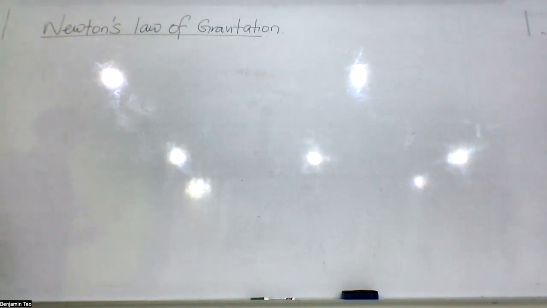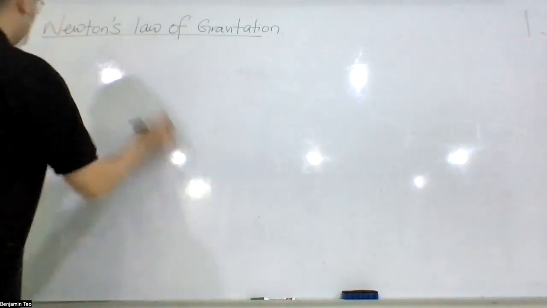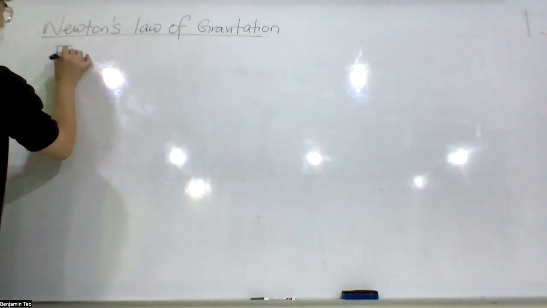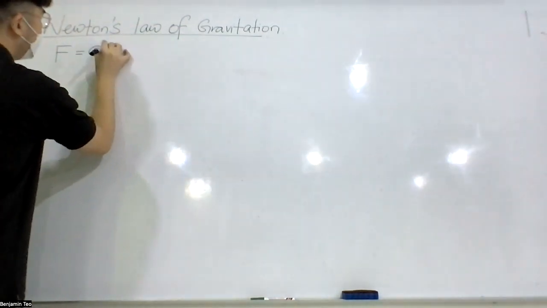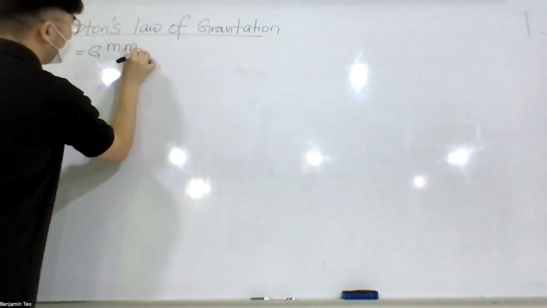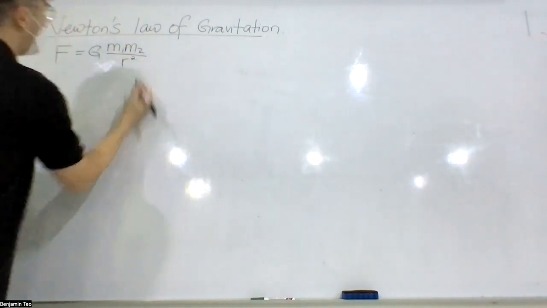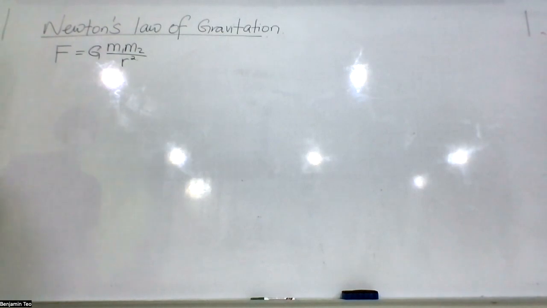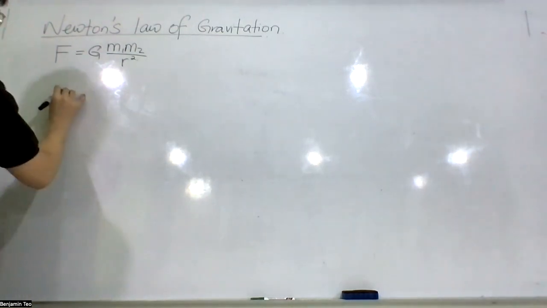Gravitation, basically, let's start straight away with the law. What does it say? Here you have the equation F equals G m1 m2 over r squared. Okay, basically this is saying that if I have two masses,